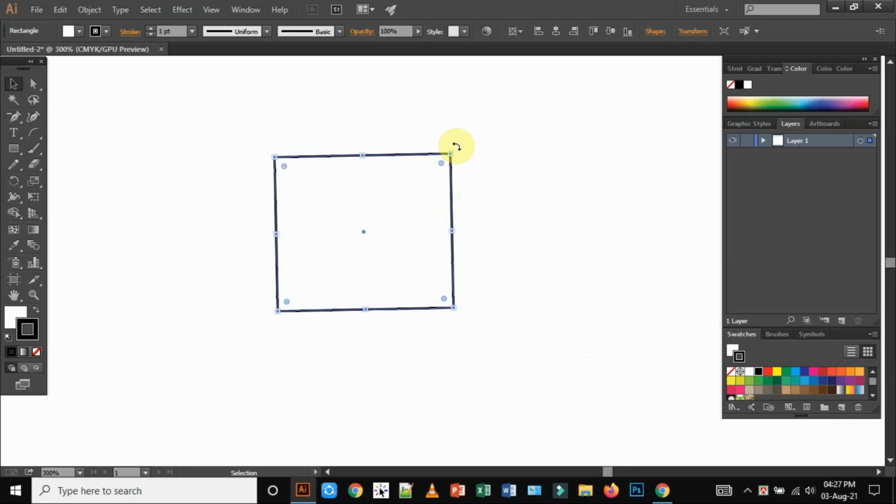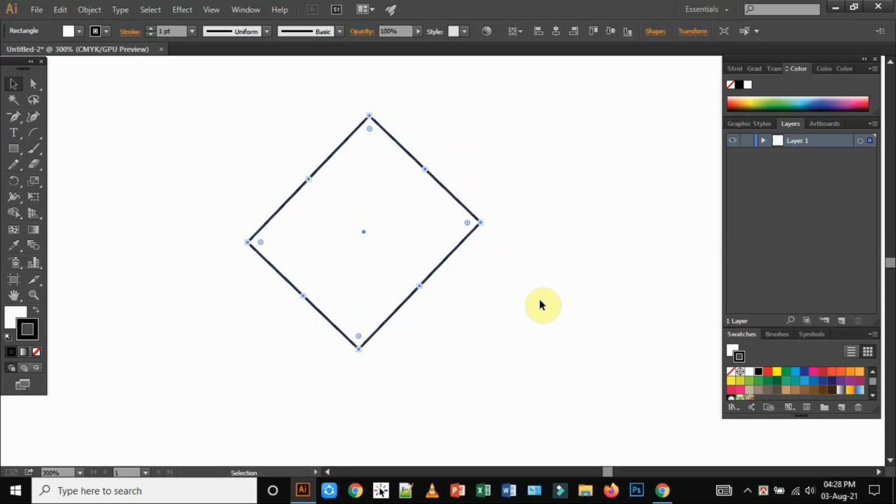Then I will drag it. If I press the shift key of our keyboard, then it will rotate in 45-degree angle per rotation. This is 45-degree angle and then 45-degree angle. After that, 45-degree angle. Drop it now.